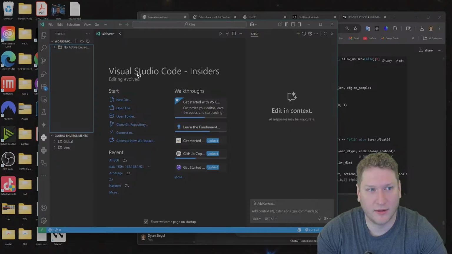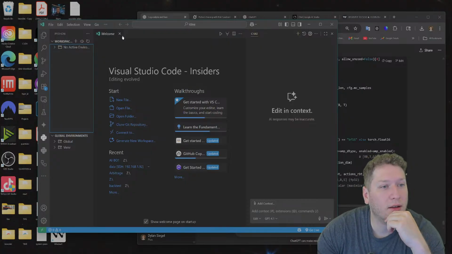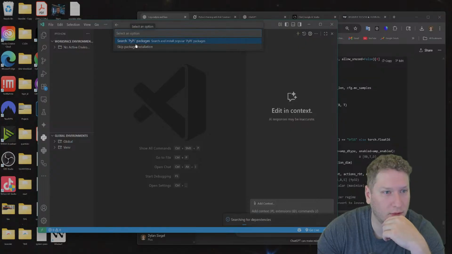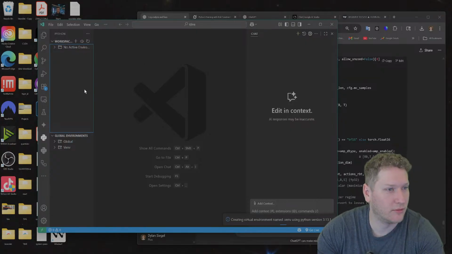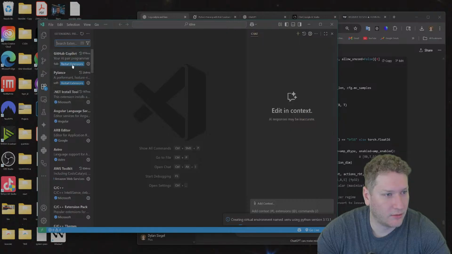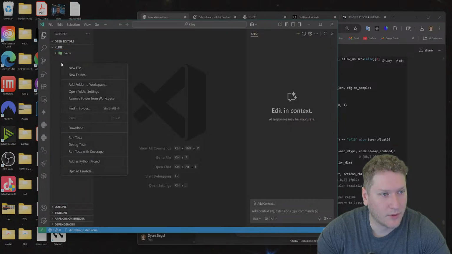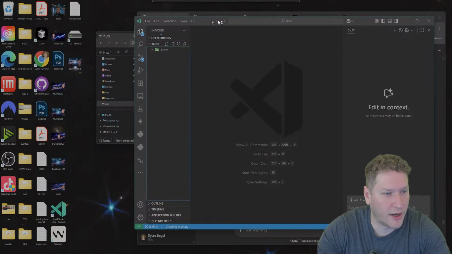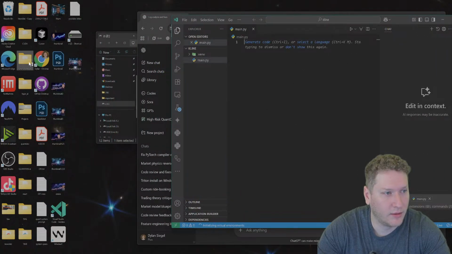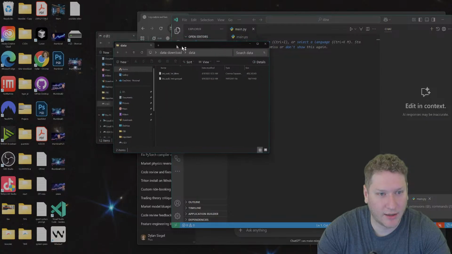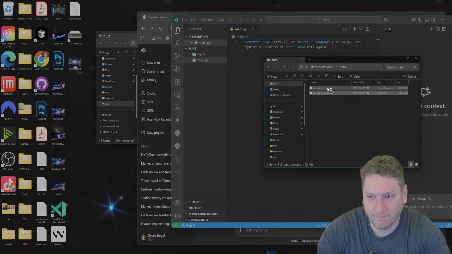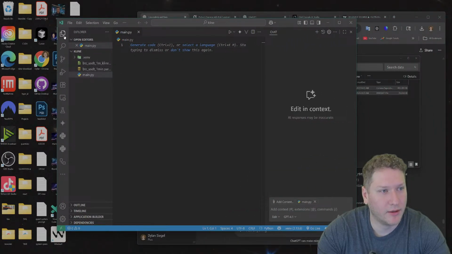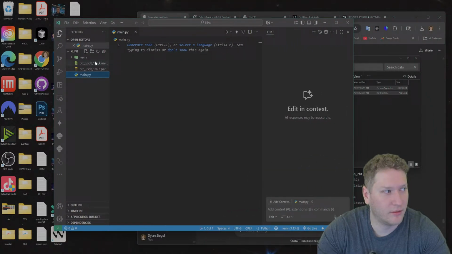Wait for that to finish. Okay, cool. Got that. Restart that. All right, we'll make a main.py and drag in the data from data download. We'll drag in the Parquet file too, but I don't necessarily know if we'll use that.